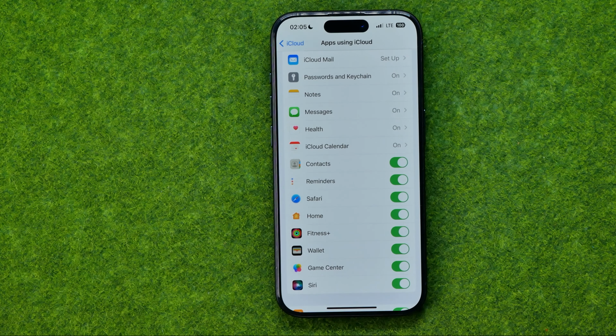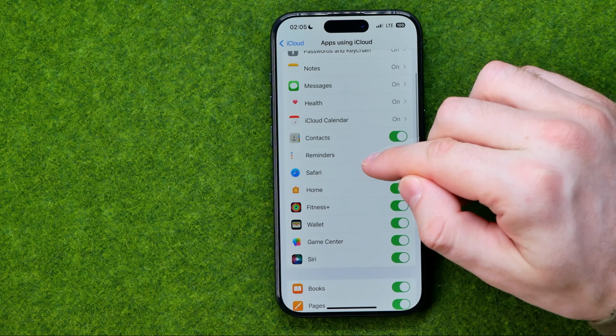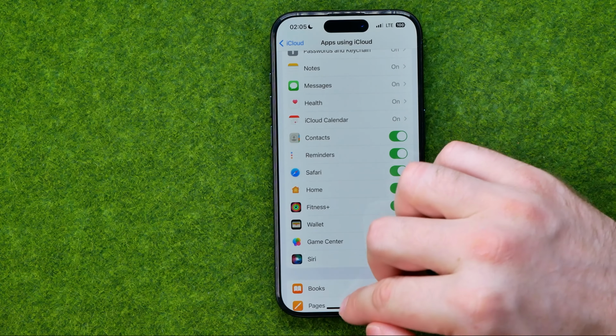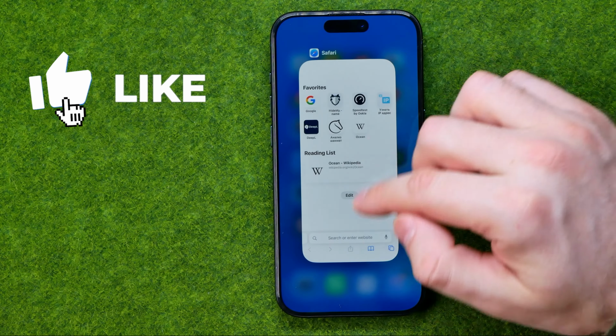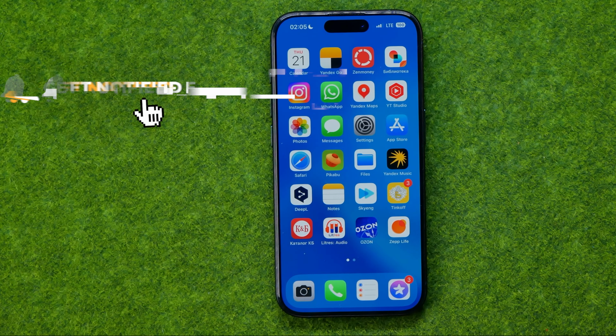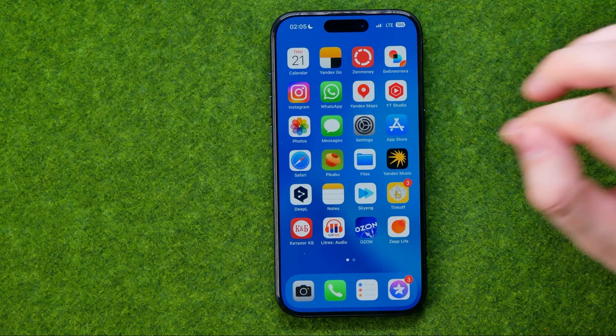In this video, I'm going to show you how you can easily turn on or off Safari iCloud syncing on an iPhone or iPad. Be sure to watch the video to the very end so you don't make any mistakes. Let's get started, guys. I'm gonna show you all the process from the beginning, and the first stop we need